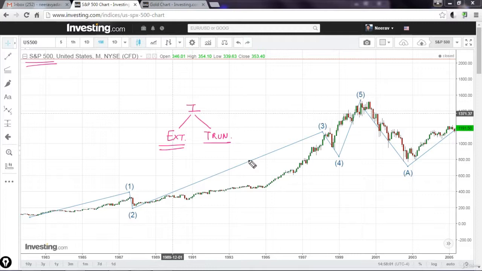And let's just have a look at more of the theoretical concept of extended waves. So extended waves generally occur in the third wave position and the fifth wave position. Most commonly in the third wave position in stocks, and most commonly in the fifth wave position in commodities. But you can also see an extended wave in both third and fifth waves sometimes, and the most rare place of occurrence for an extended wave is the first wave. These are the rarest.